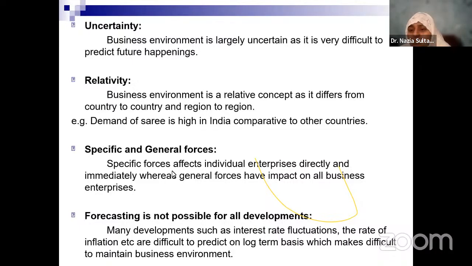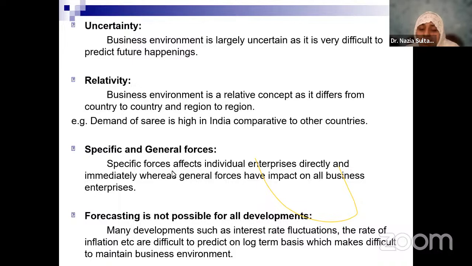And then you have relativity. Business environments will be different for different countries of the world. The environment in one country may be supportive of a particular thing. The same thing may not be supportive in another country. You talk about relativity, where the concept of business environment applies to different countries in different terms. For example, China is slowly opening up. Otherwise, we say China is a closed economy, where you don't talk about opening up of the economy very liberally. Whereas India adopted liberalization way back in 1991, and the economy is liberated.